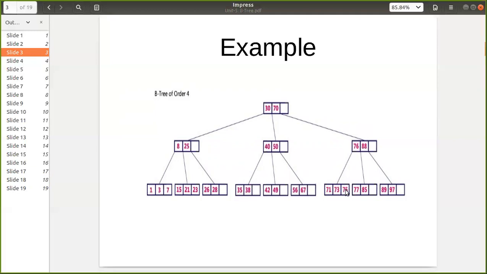But if after deletion of 75 we have fewer keys here than required, then we need to take keys from adjacent nodes. Here we have siblings, a right sibling or left sibling. Here we have the right sibling, so we need to take the keys from the right sibling. As we take the keys from the right sibling, a mismatch can occur, so we need to adjust the node values again. The node value can be adjusted by taking the maximum key from the left side or the minimum key from the right side. So that is the adjustment.